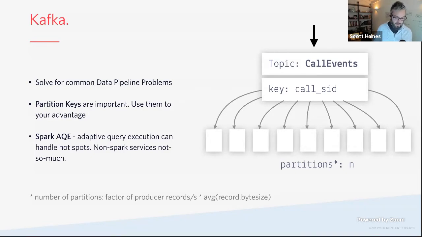So without going too much into the Kafka weeds, Kafka handles synchronicity amongst the topic partition. If you have events that are coming in over time, and time is important to you, then being able to have events that should be co-located together within time is one of the things that Kafka is really good at. And so in our case, we have these call SIDs that are basically stamped with their UTC timestamp,